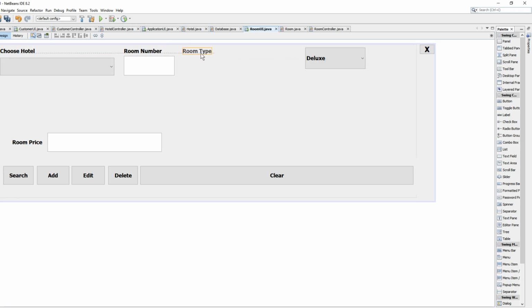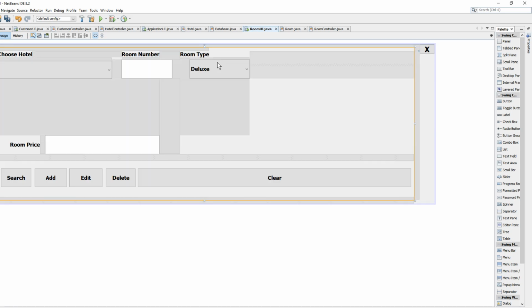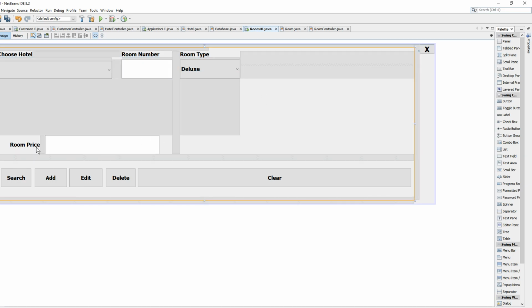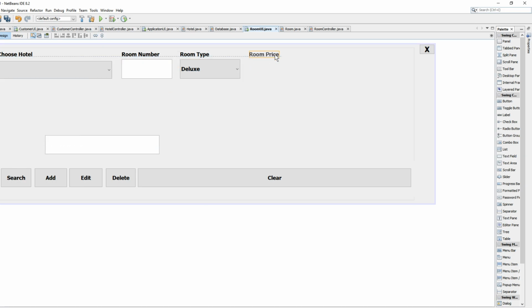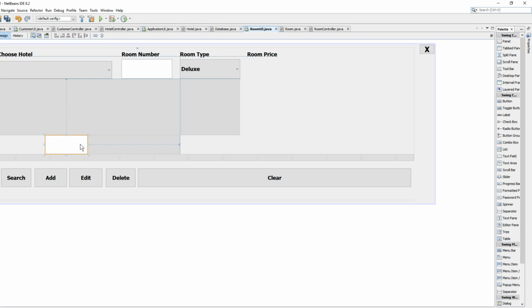The room type, what is the room type? So we have another little drop down here, which is a little bit bigger, so let's make it smaller, and there it is. I hope it's the same size. Yeah, it's the same size. Oh, okay, there it is. So room type, bring it a little bit to the left, and this is the room type. And the room price, okay, what is the price of this room? They will enter it. So this doesn't have to be this big again,